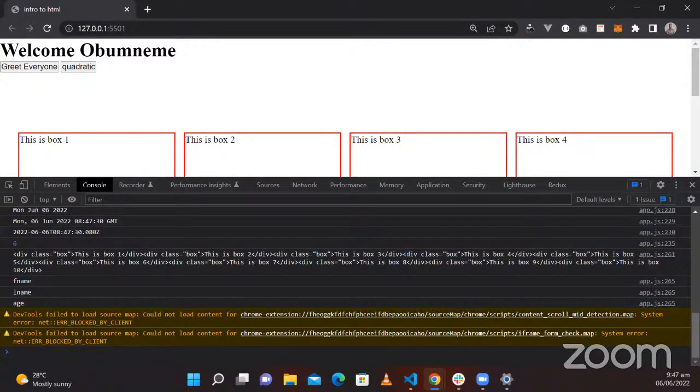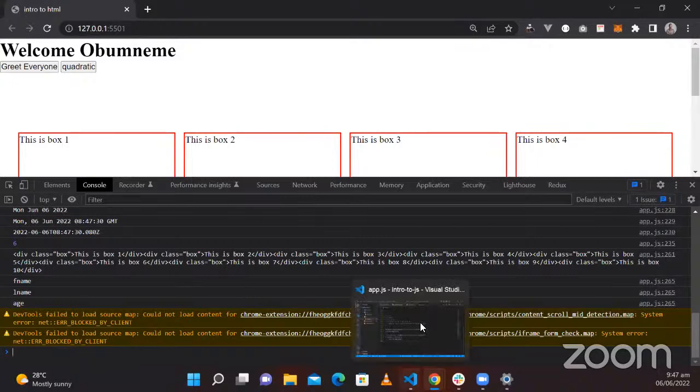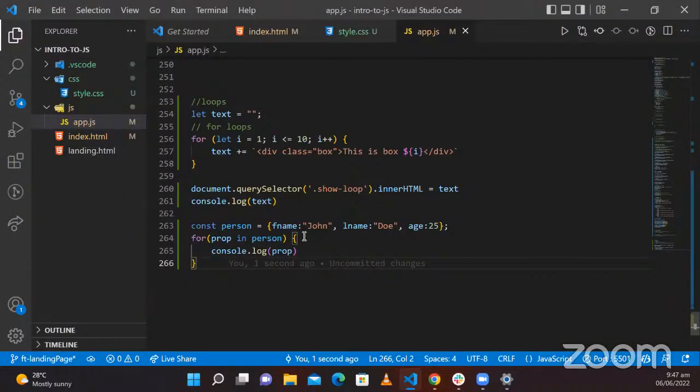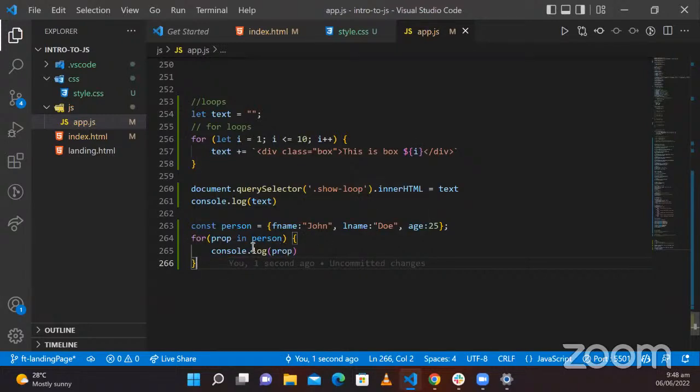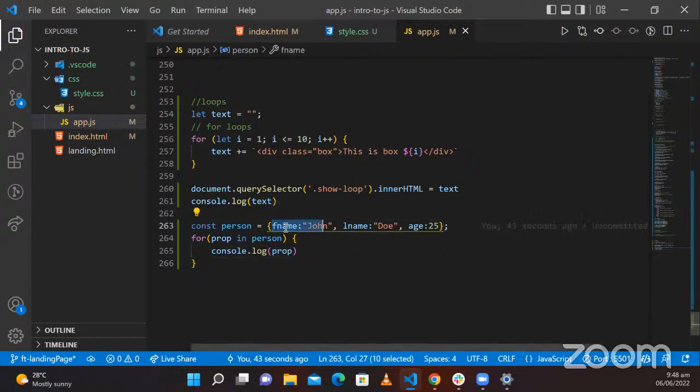So do we get this? Do we get what is happening here? It's printing out. If you do a for-in, this is an object person, and then you're saying that you should look over the properties in person and then console log these properties. So this now gives you the property for it, it goes over the first one. Okay, first name, that's the property. So it also logs that one. This other one